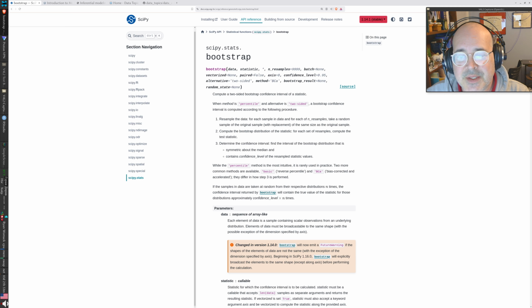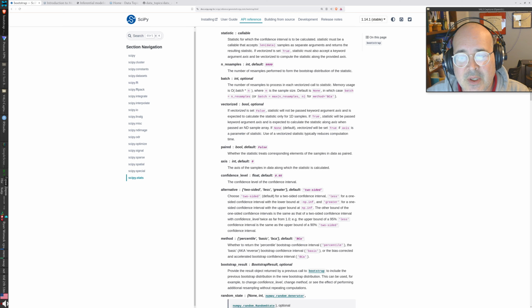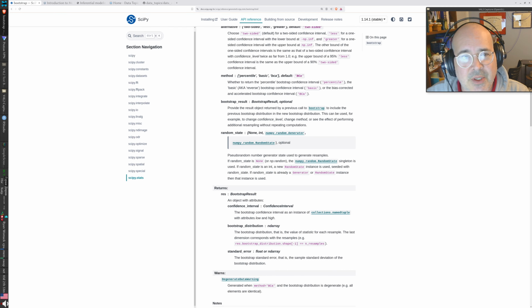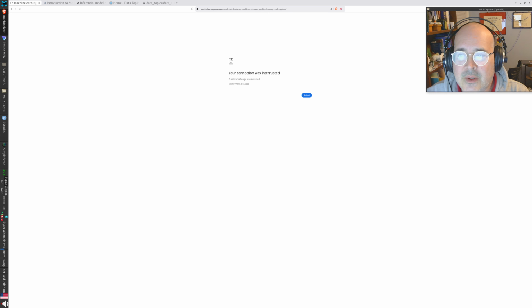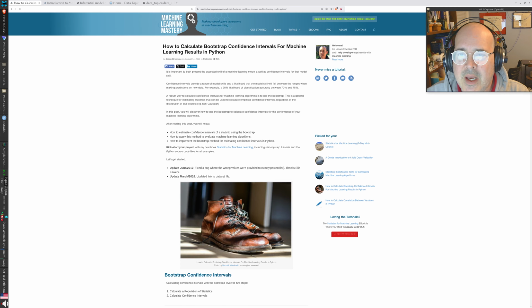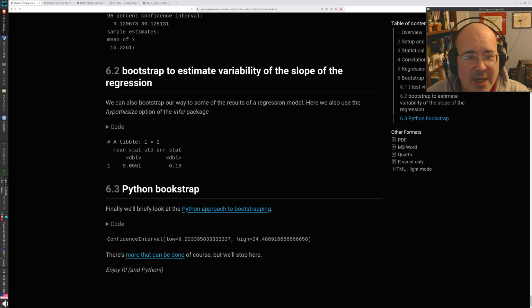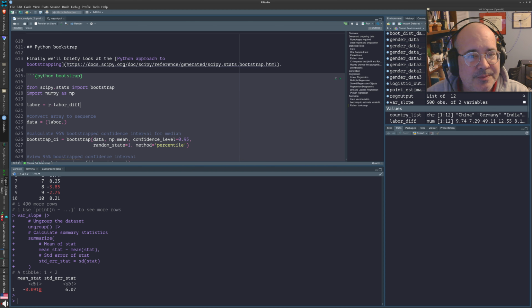But here is the discussion of the Bootstrap, or the Bootstrap documentation in SciPy. There's a link to more, which is coming, right? A sort of guide of how to do this in Python, but I will just give you my quick and dirty example,